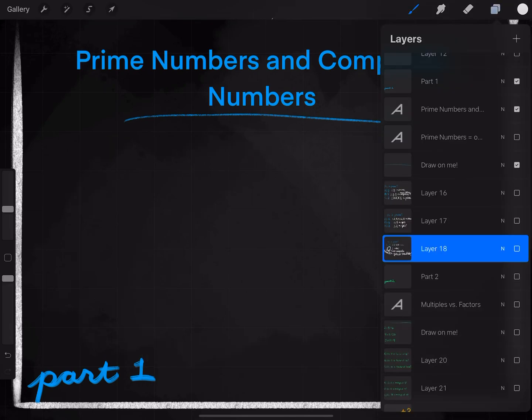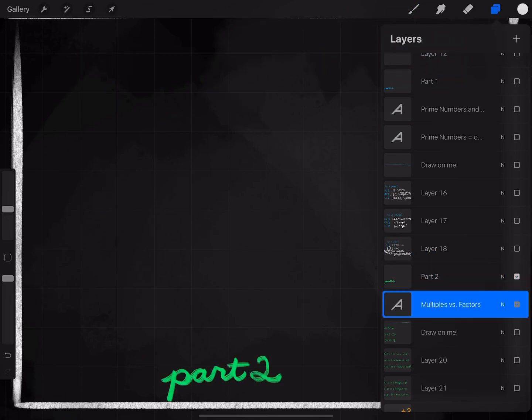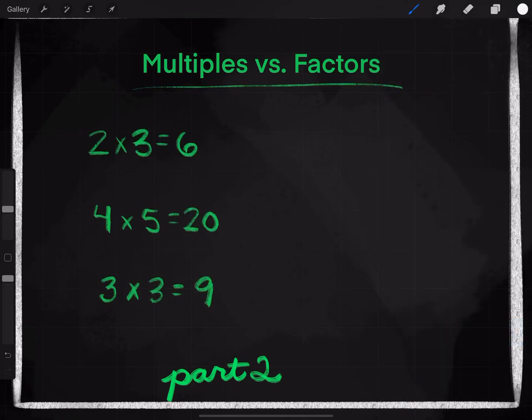Okay, let's go to part 2. All right, this time it talks about multiples versus factors. So it's kind of a little bit different terminology. I think really the easiest way to explain this is to give examples, which is why I have these equations here. So here in this, 2 and 3 are factors of 6,